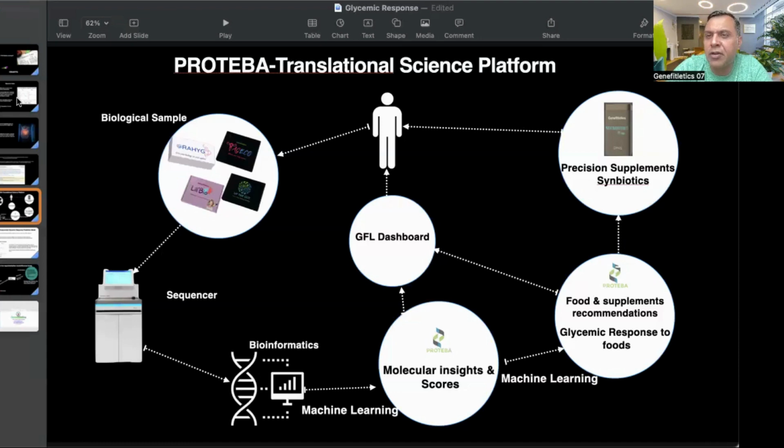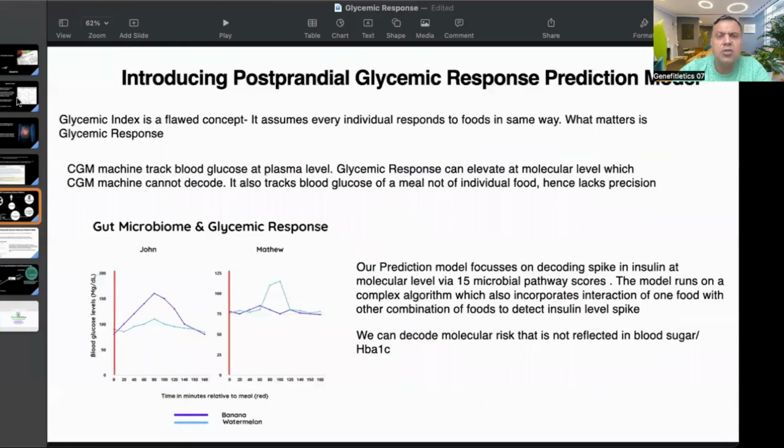It's entirely data-driven, machine learned models which we have built in house, right? So there's no room for any error. It's all precision based on your biology, your biochemistry, your biochemical reactions which we have decoded through sequencing of your microbiome, right? So these all tell you clearly that our microbiome impacts our glycemic response. Glycemic index is something not to be considered, or very scarcely considered, when it comes to understanding our blood sugar response, right?